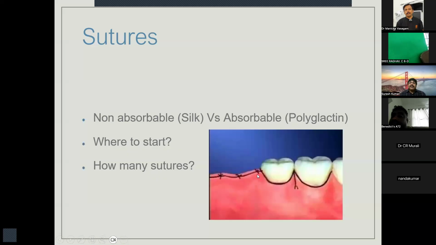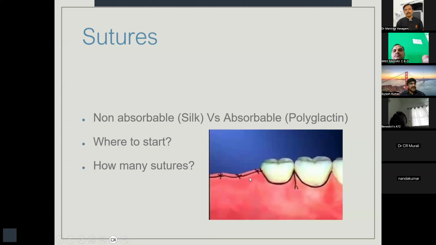So if I have made a smaller or shorter flap, if the tooth is very simple, I will require only 1, 2, 3 sutures. If the tooth is horizontal, then I have to remove bone here up to this level. Then I would have made a longer incision, so I will require more sutures, 1, 2, 3, 4, or even 5. It doesn't matter because the incision is going to heal across, not lengthwise.